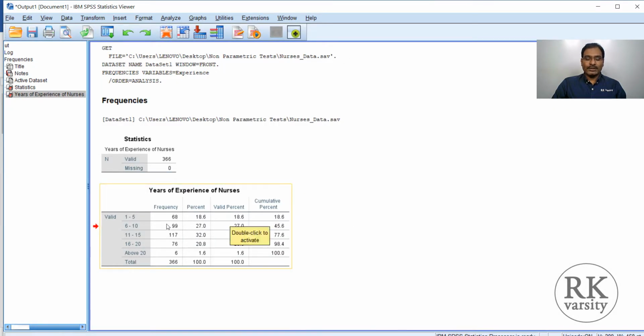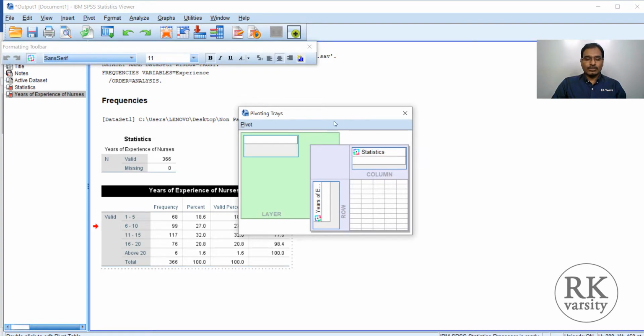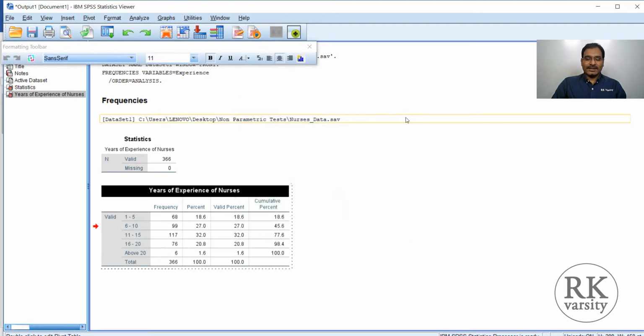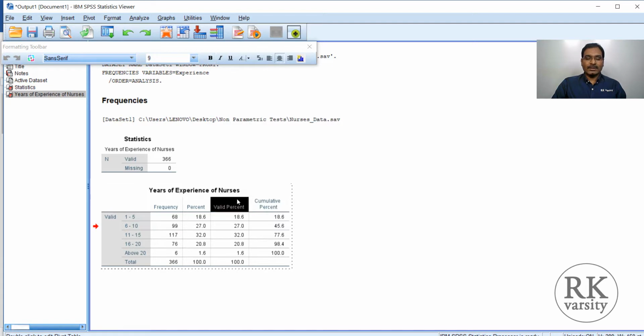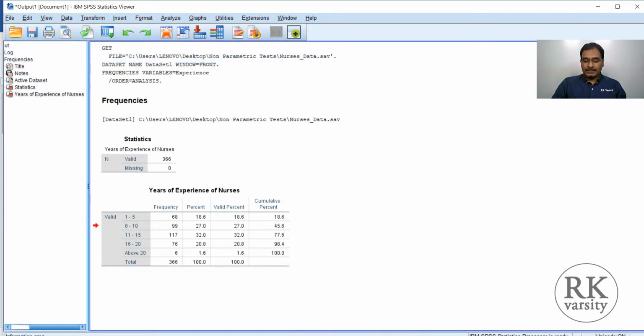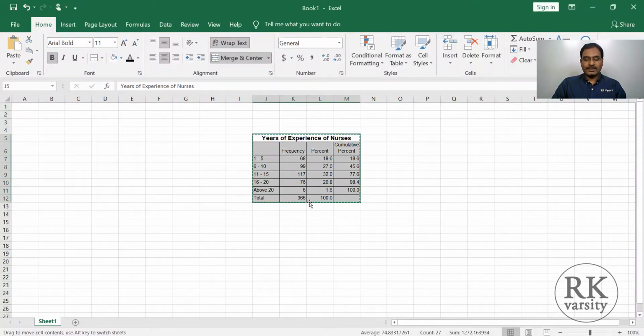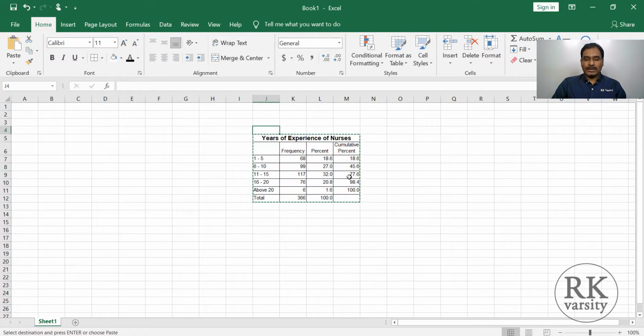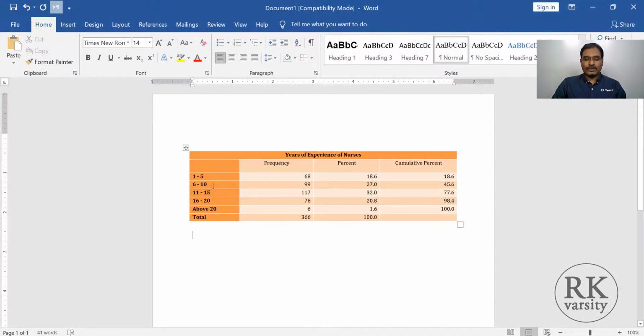Why we are doing this is because you are not able to do any corrections to the table here. Even though you have options here, double clicking on this, you can get the options to modify your table, but this is very tedious and difficult. Instead of this, copy this one in Excel format, then paste it into Microsoft Excel, then do edits here in Microsoft Excel, then copy the table, paste it in a Microsoft Word document, then make further changes